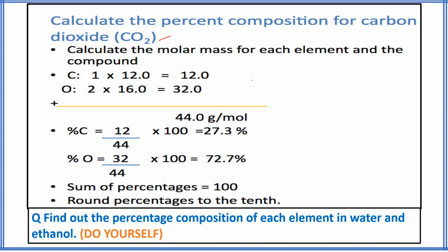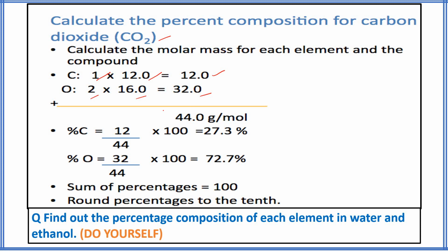What is the percentage of oxygen we need to take? Now how many carbons are there? Only one carbon. Atomic mass of carbon will be 12. Now total atomic mass of this element in the given compound is how much? 12. Now number of oxygens here is 2. Atomic mass of oxygen is 16. Now that equals 32. Now 32 is the total mass of the oxygen in the given molecule.